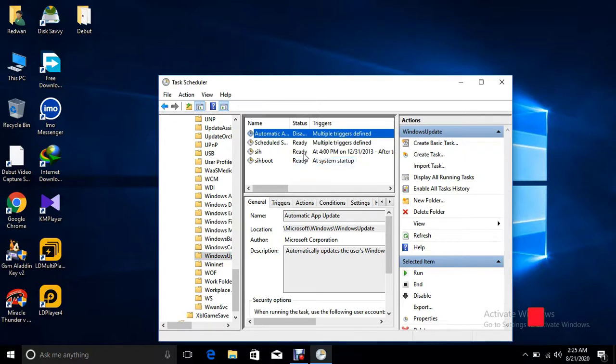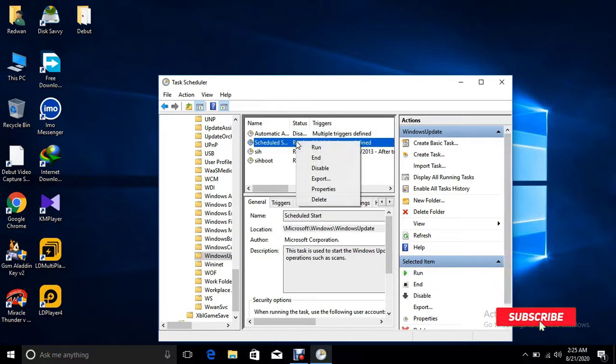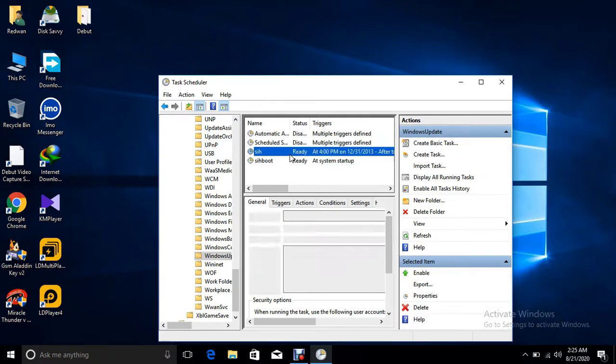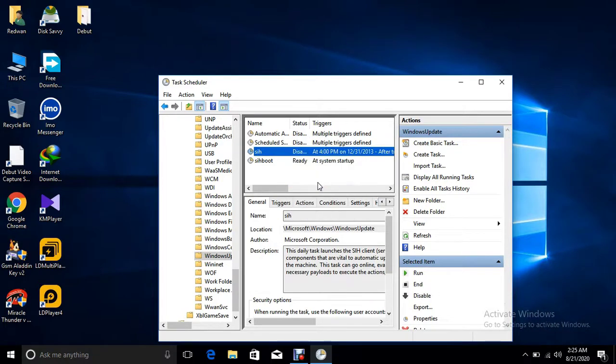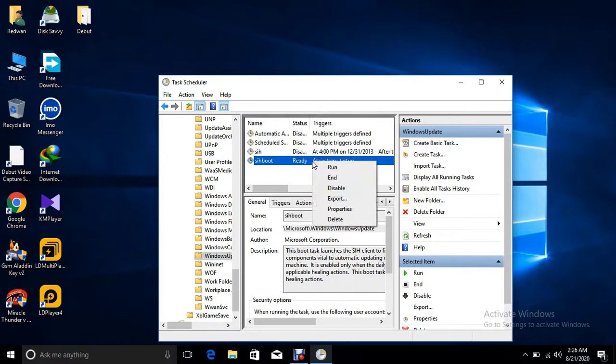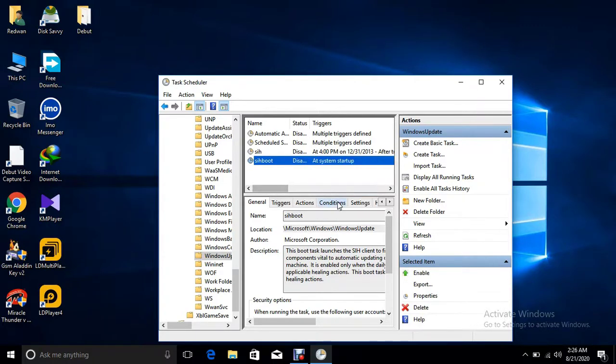Here disable, here disable, here disable, here disable. All the schedulers I mentioned have to be disabled. If you have more schedulers than me, disable all of them. Okay, so our work is done.